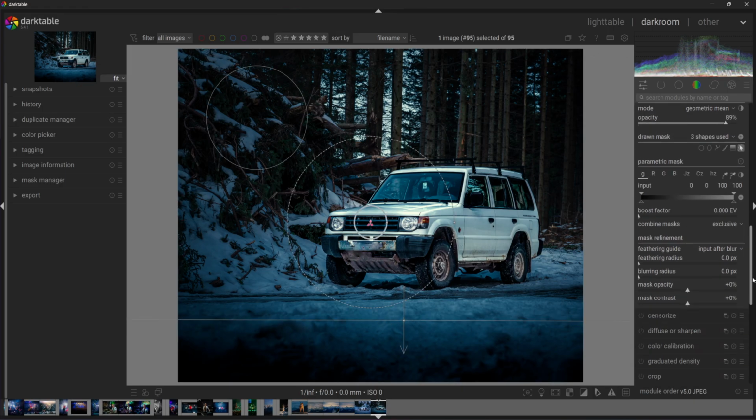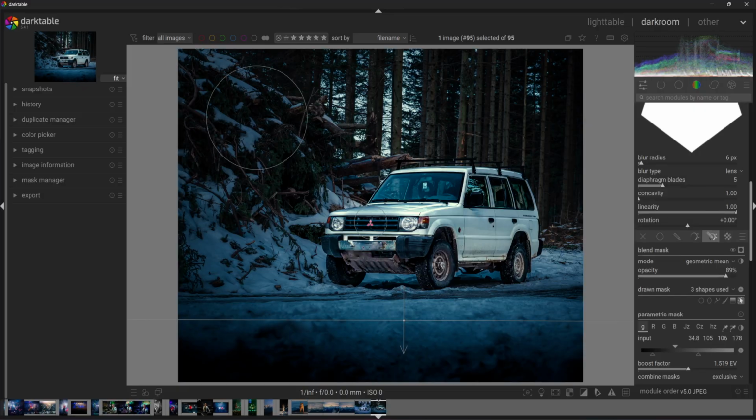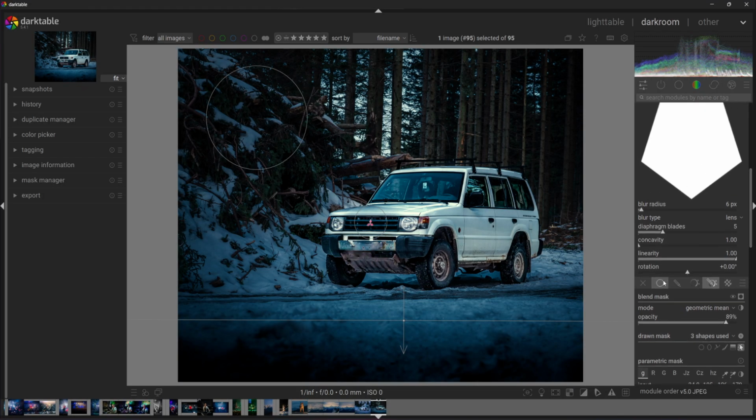And then we have some settings like here to do with that. And yeah, we then just need to adjust a little bit and play with this mask and with these blur